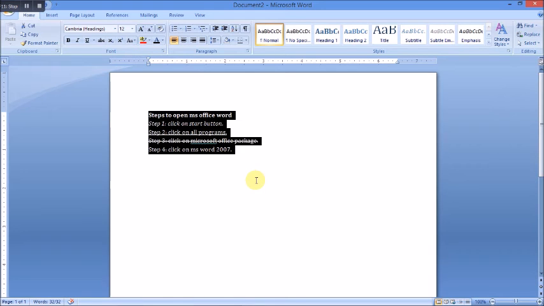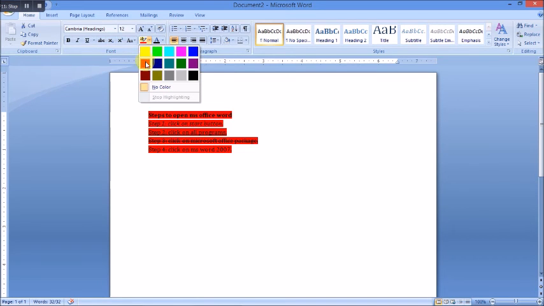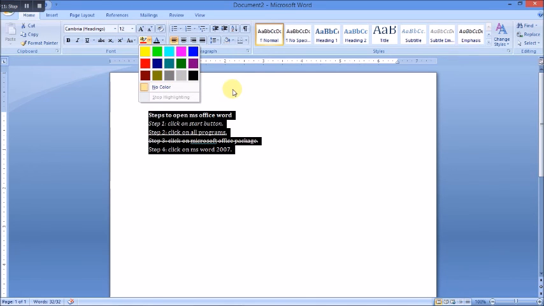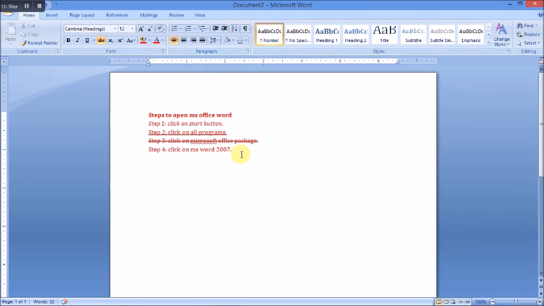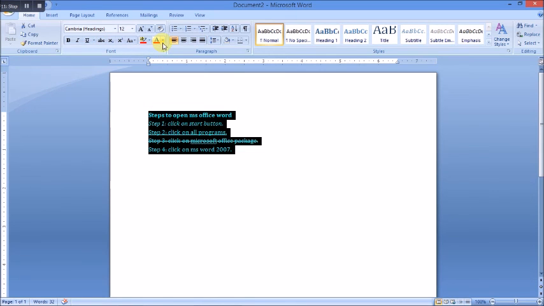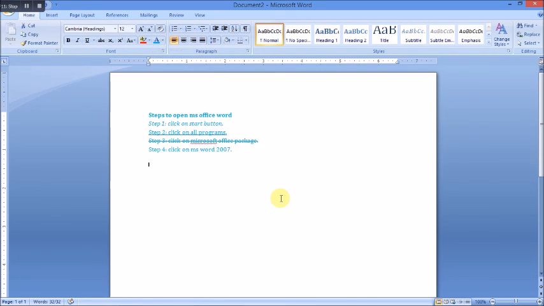Next is Text Highlight Color. I think you have used a highlighter in your books, so you can also highlight a particular word, sentence, paragraph or document in MS Word, and you can choose any of these colors from here. Next is Font Color, which means the color we want for our font. We can change the color of our font. Now you can see it is in red. As per our wish we can change the font color using Microsoft Word.